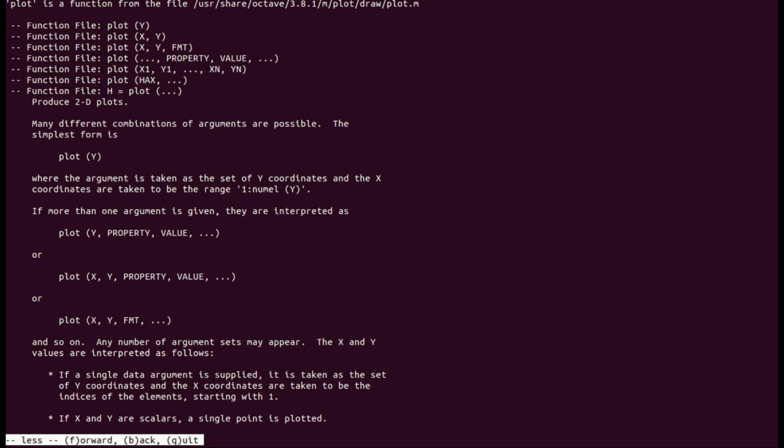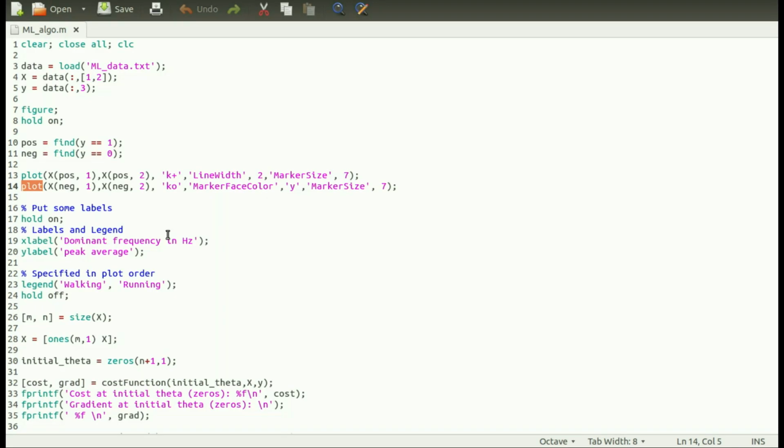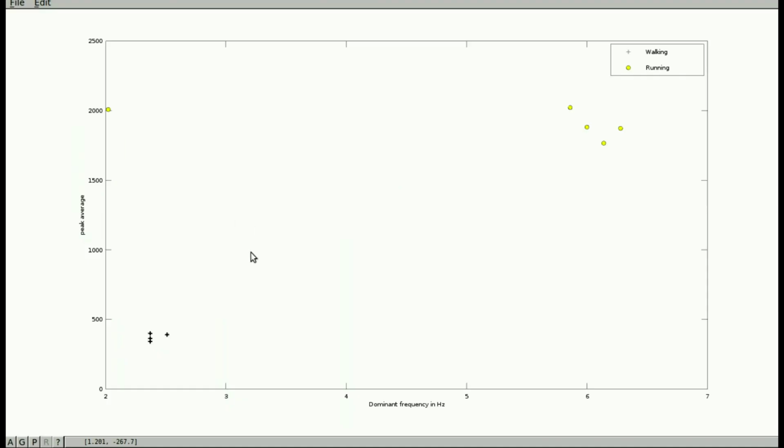It will give you a bunch of things, and I encourage you to go through this help and look at this code. This part of the code will generate this figure number 1. You can see here are the 4 walking samples. Here are 4 running samples, and this is the one that is an outlier, and it is falling in this corner. So the upper part of the code will generate this figure.